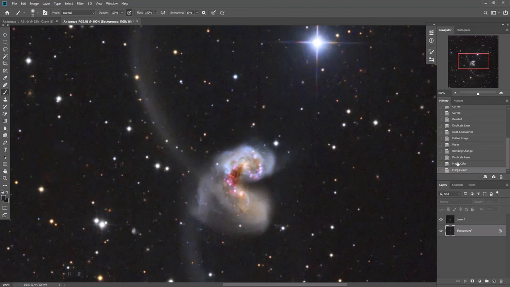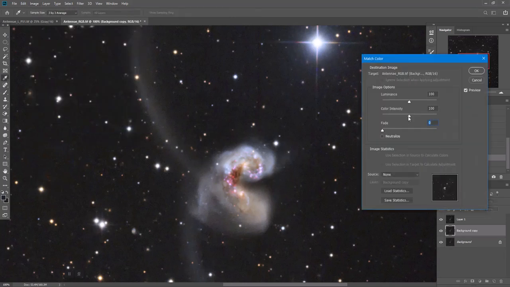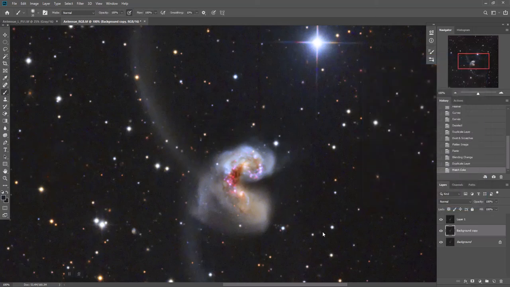Now one thing that you can do is, if you come in here and do what I just did, Image, Adjustments, Match Color, and let's say you boost this to 150, and this goes to like 125, and you click OK. And you look at that and you're thinking, ooh, that's a little bit more than I wanted. Rather than go back and do the match color, you can come over to the opacity